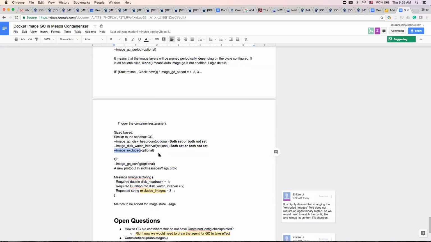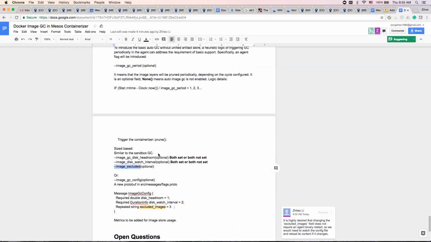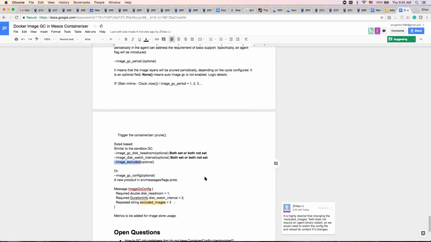So I guess it's not like this wouldn't work, but I can see that this is kind of modeled after the sandbox GC and not the fetcher cache. Even though sure we want to improve, but at least the fetcher cache, you have a designated size, and you know the size of the things you put in there, and based on least recent use. Of course, there's more things to consider here, but you basically see how far away are you from that size, and you do GC based on that, and not the